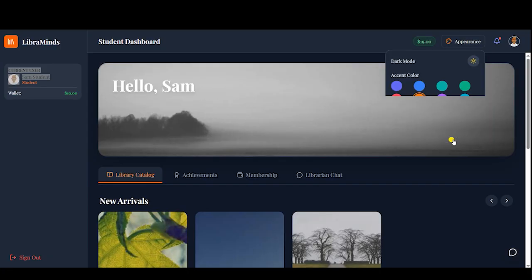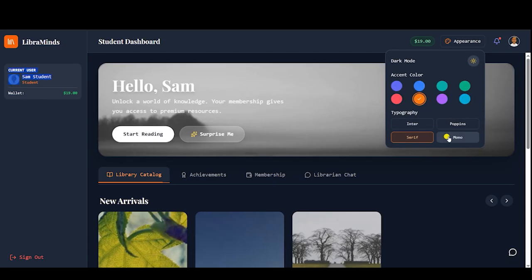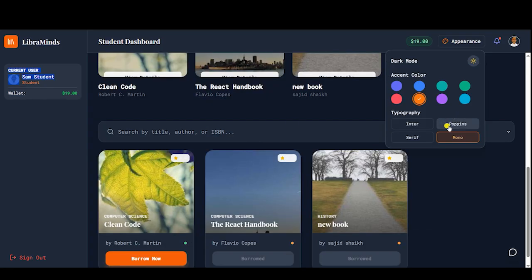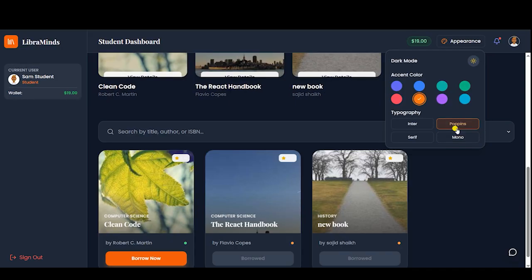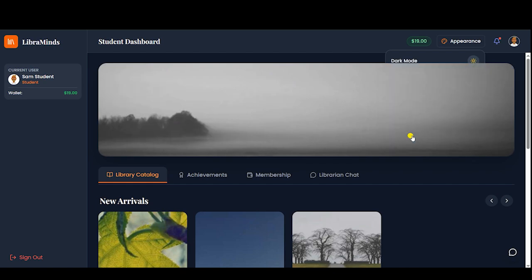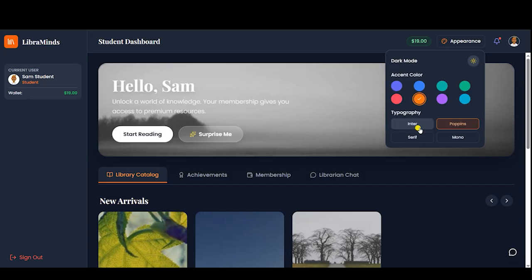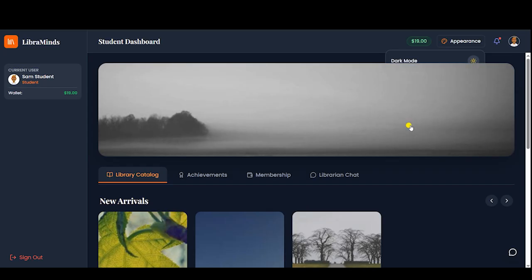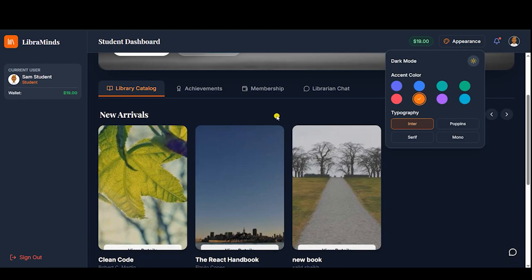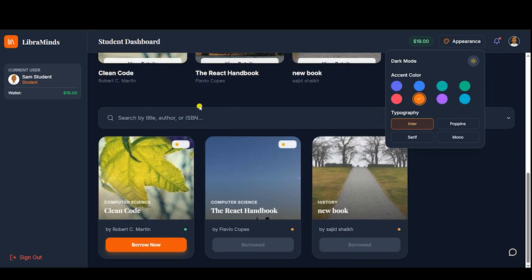If we change the font to mono, you can see the look of the web application, the typography is changed. If we want to change the font to Poppins, we can change it over here, and the UI look has completely changed. If we want to integrate the Inter font into the web application, we can click over here and look at this. The entire look has changed,